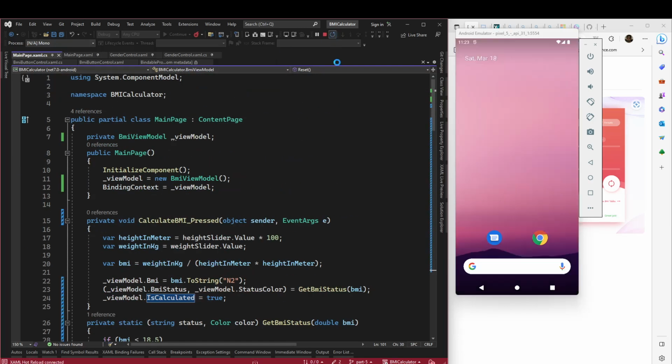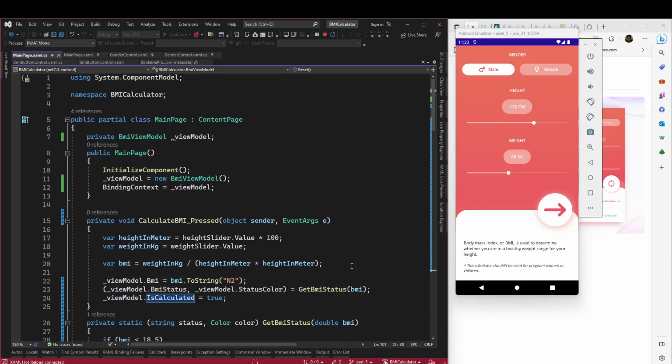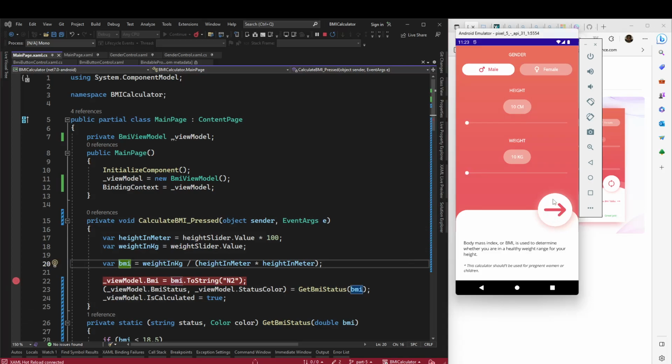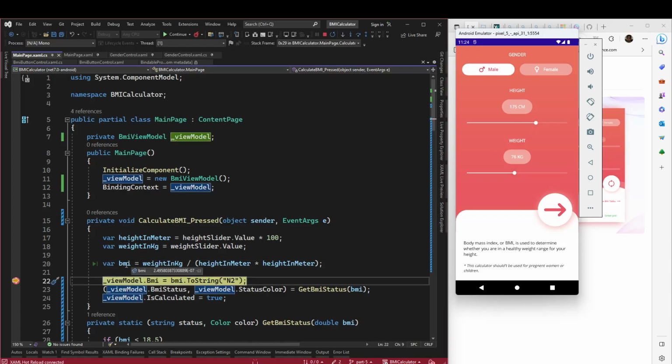Let's rerun the app. So it's here. Let's calculate. We have your BMI 0.00, you are underweight, and 0.00. What is the issue? Let's check, reset, and we are here 10 centimeter, 10 kg. This is working. Okay, and let's have it this. Click on it. We are here. BMI is